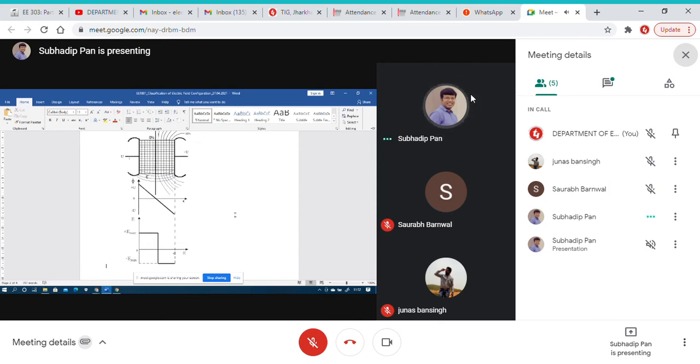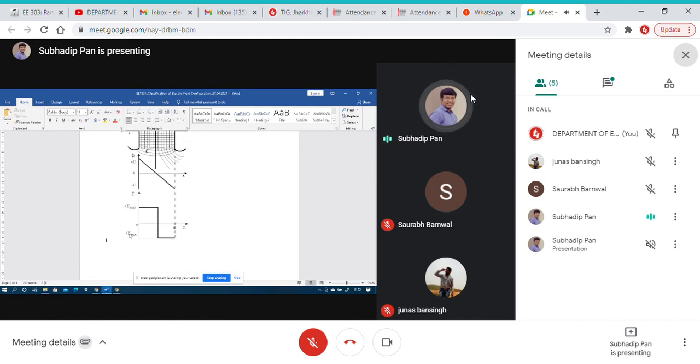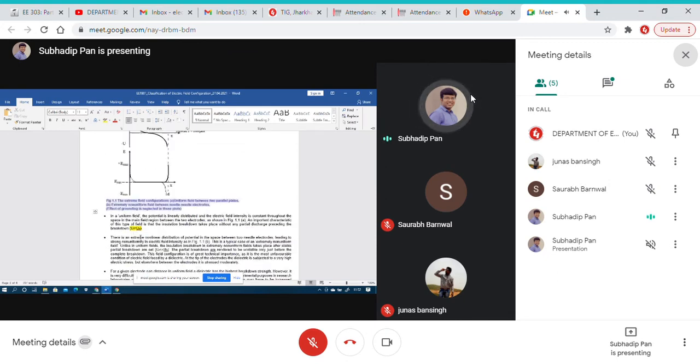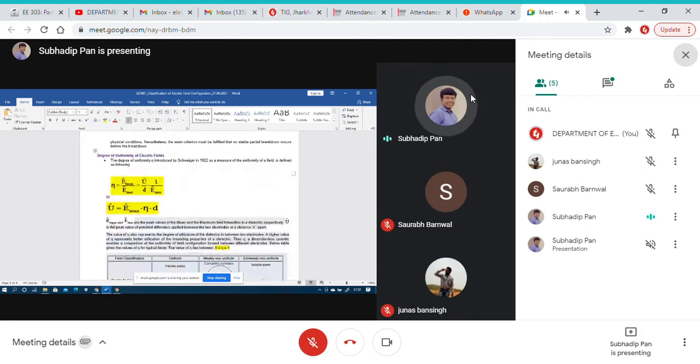Okay, so in this square, depending on your applied voltage across your plates, it may sometimes happen that your voltages fluctuate, because we are dealing with high voltages, right? So sometimes the maximum energy, Emax, the plus Emax and the minus Emax, are actually E mean and Emax, which are the peak values of the mean and the maximum field intensity in the dielectrics respectively, right?